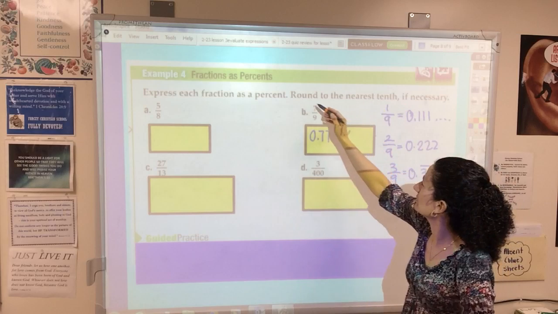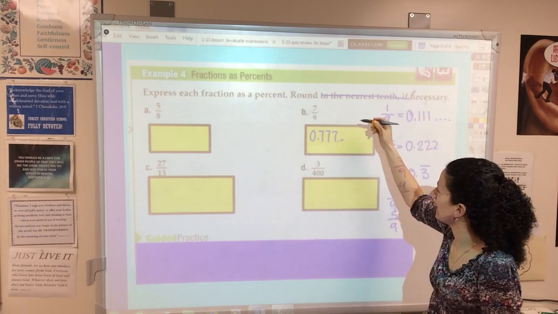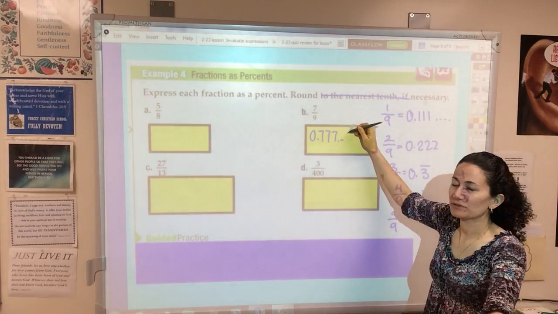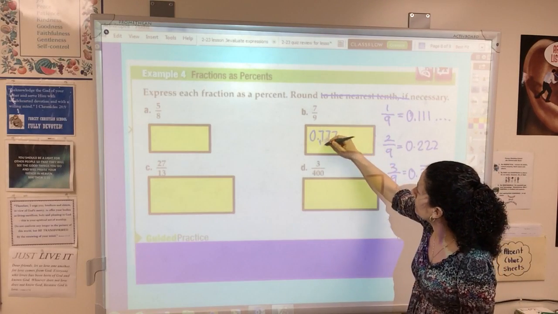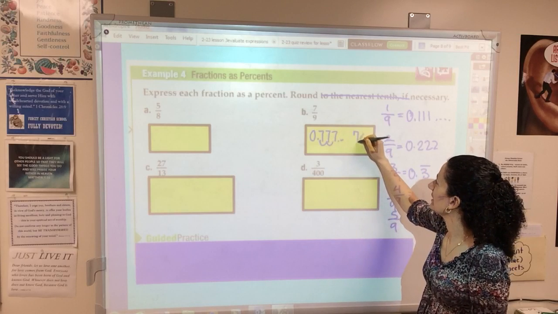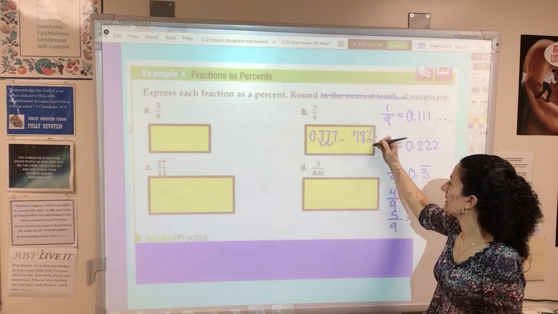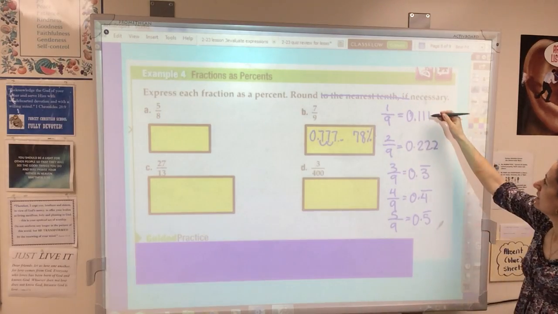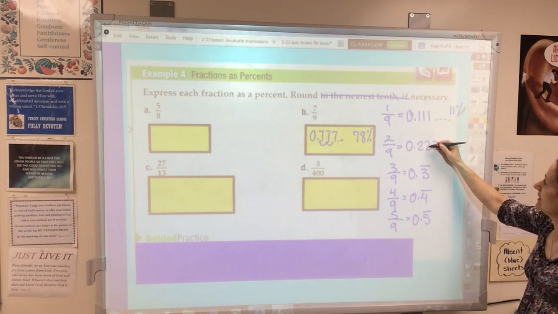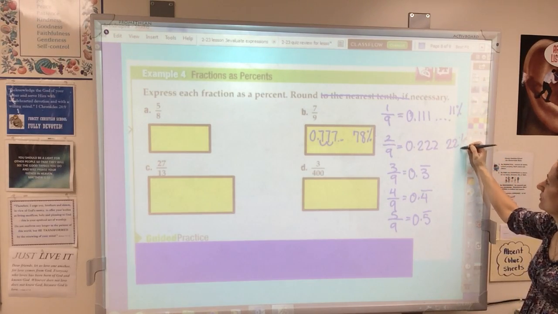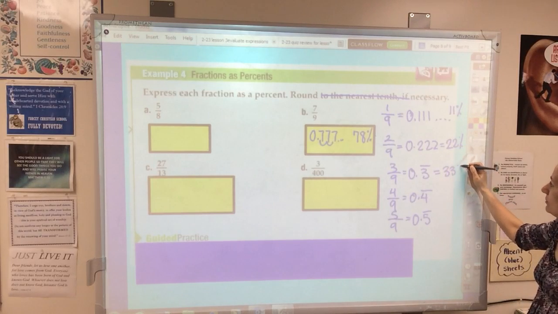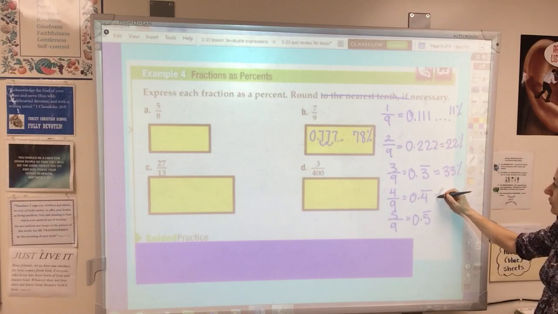It's telling us to round to the nearest tenth, but I want to round to the nearest whole for a second. So in this case, you would think, okay, it's 77%, but if we actually round, if we move the decimal, it's 77.7. So that actually rounds to 78%. Let's take a look at some of the other ninths. 0.1111, that's going to be 11%. That's going to be 22%. 0.3 repeating is going to be 33%. 0.444, that's going to be